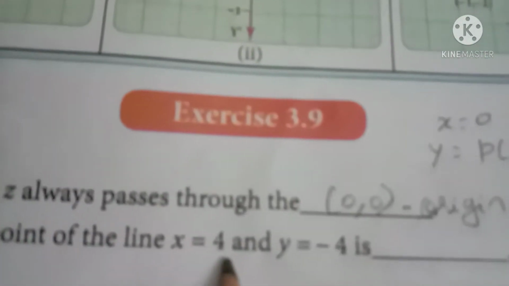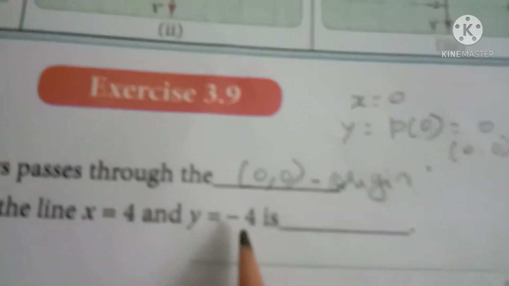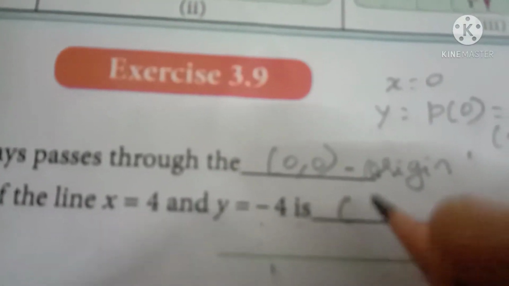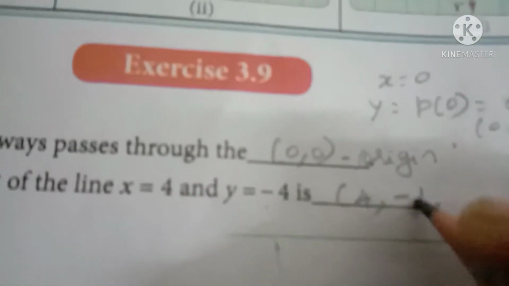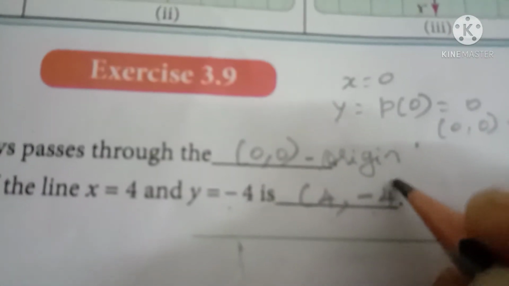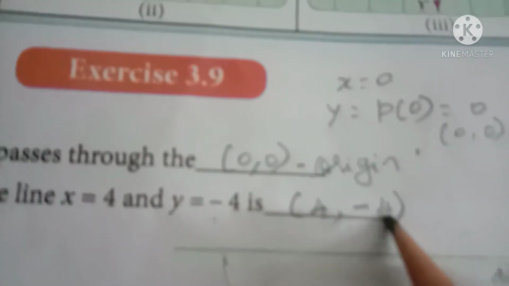The intersecting point of the lines x is equal to 4 and y is equal to minus 4 is dash. So always first you should write the x value 4 and then the y value minus 4. First the x value and then the y value you should write. Then third,